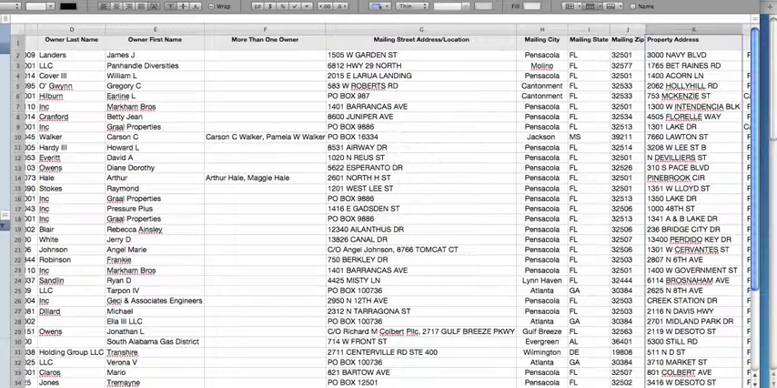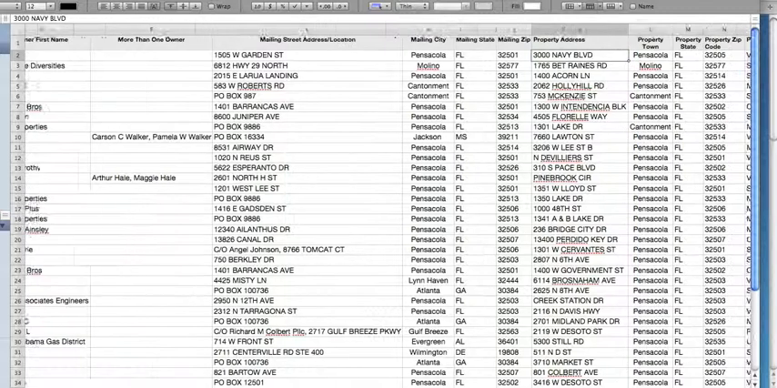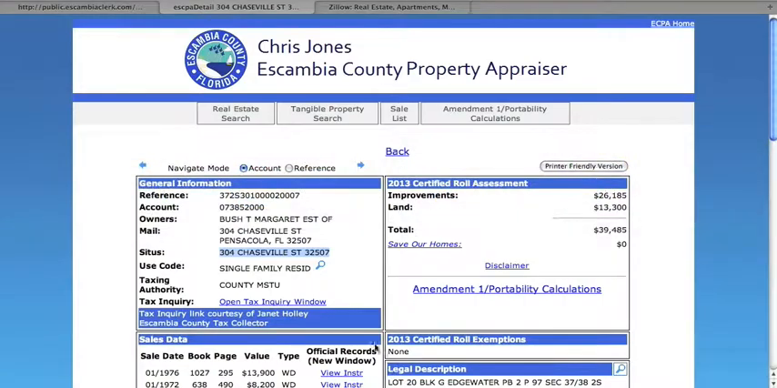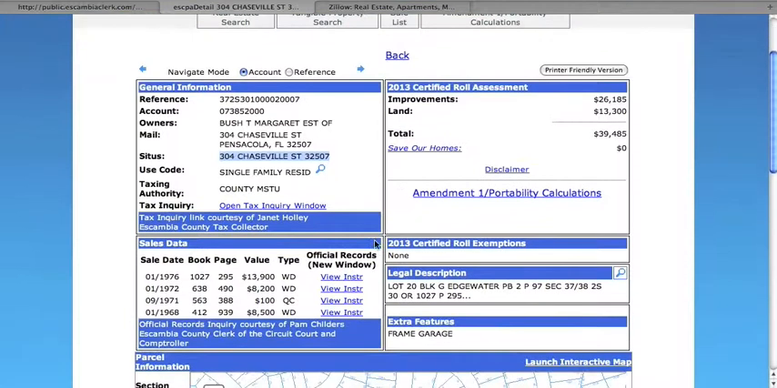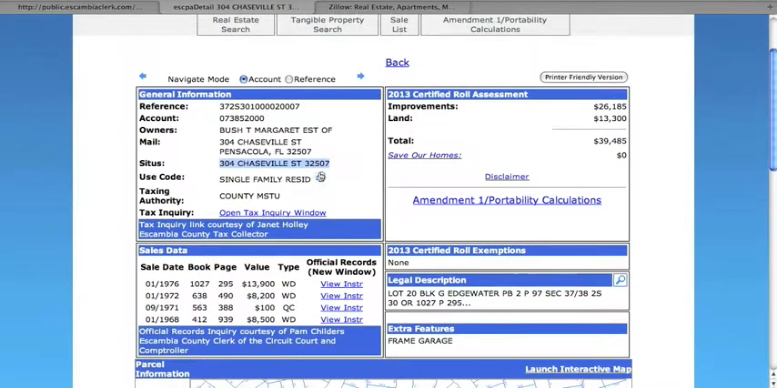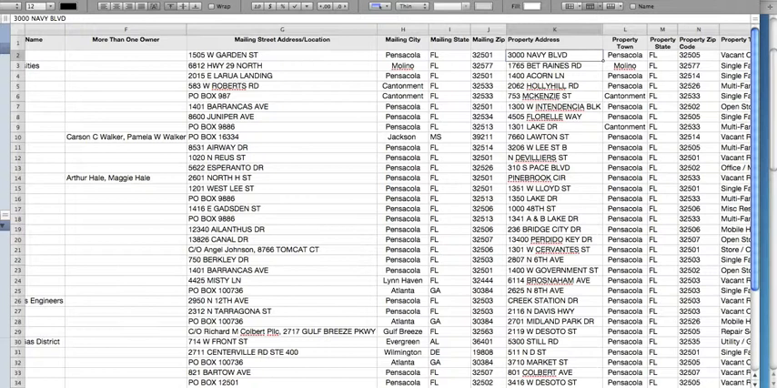So you just record that in this column right here, which is property address. Alright? You do the same exact thing. Property address is Pensacola. And I also want you to record where it says use code. This is a single family residential. You've got to type that and put that into